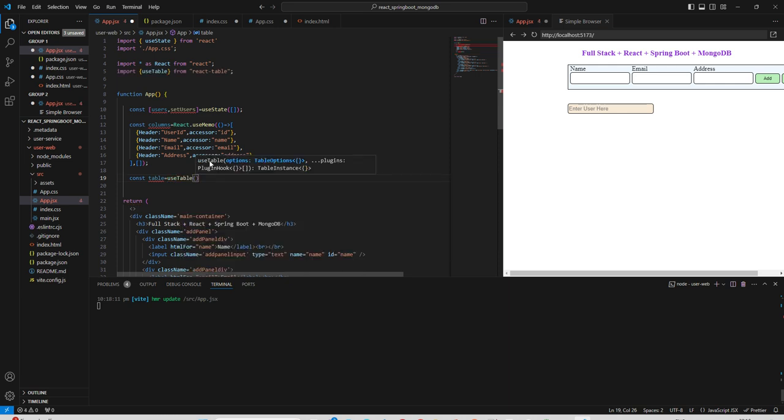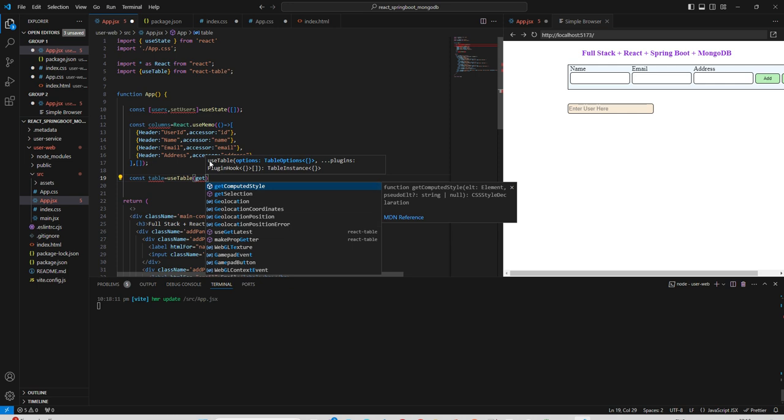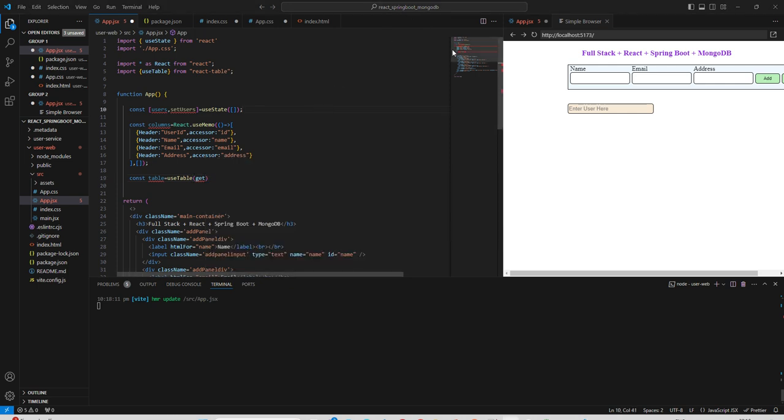Inside this we can use the functions like... okay. So for tables we need to populate the columns first. Next,